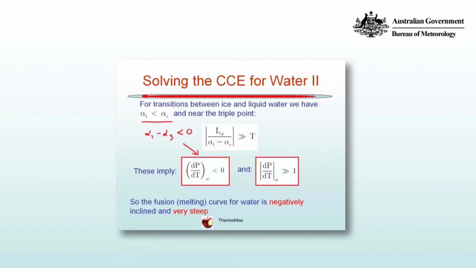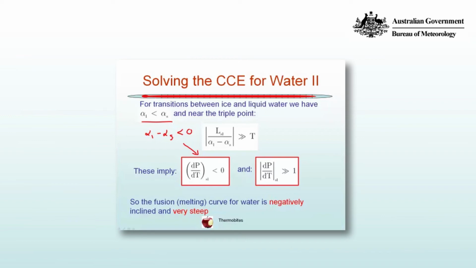What about the transition between ice and liquid water? Well, we find that the specific volume of liquid is less than the specific volume of the solid. Remember, ice expands and sits upon liquid water. And hence near the triple point we have